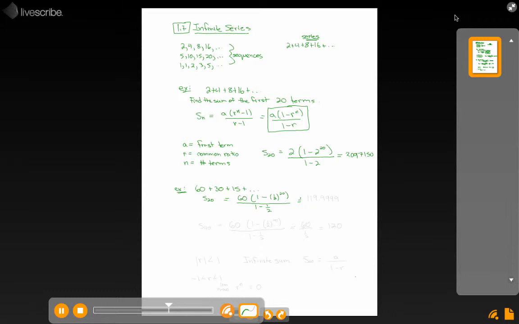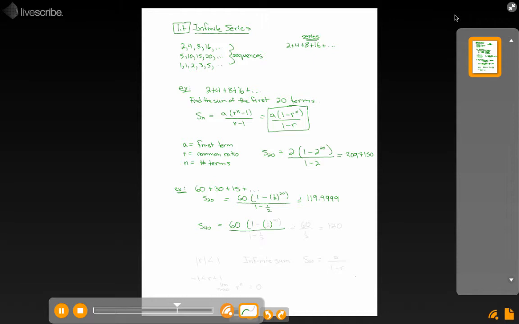And when I put that in there, I got 119.9998856, lots of decimals, but 119.9999 would be good enough. 4 decimal places is probably way more than I need. In this case, something different is happening. And if I found the sum of the first 40 terms,